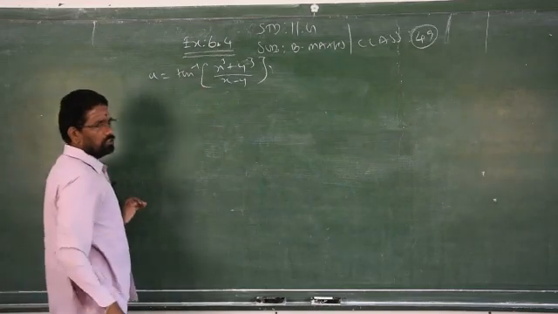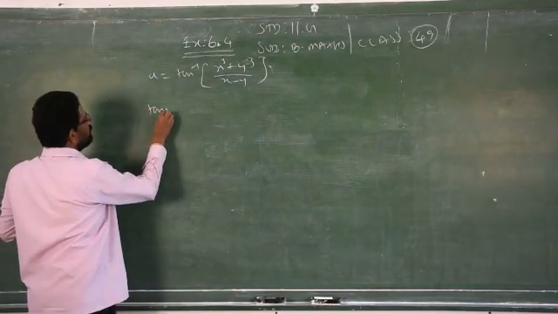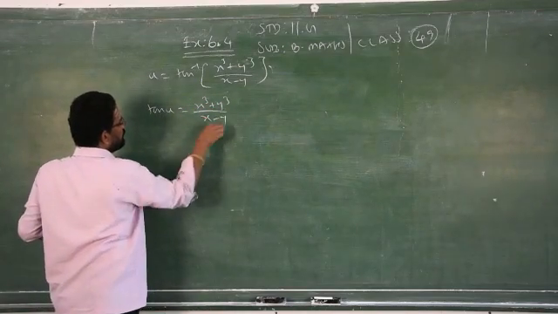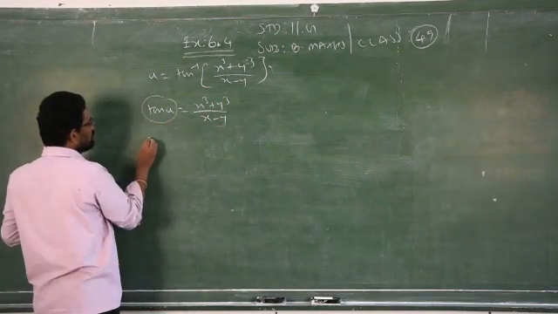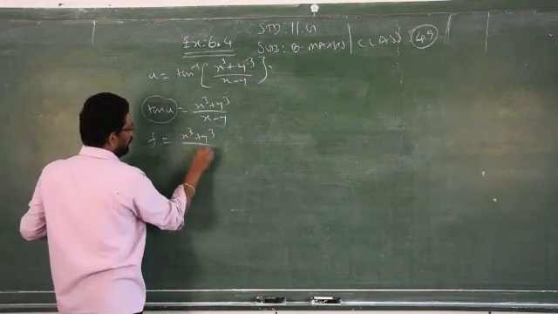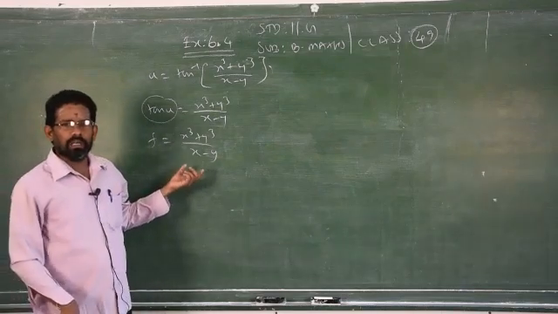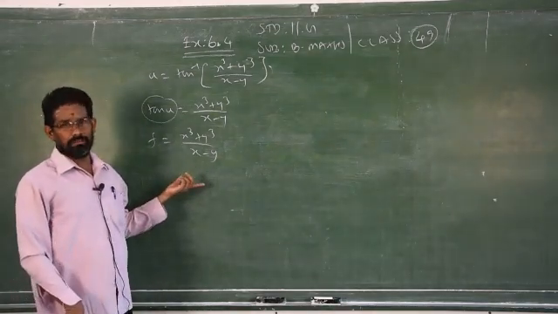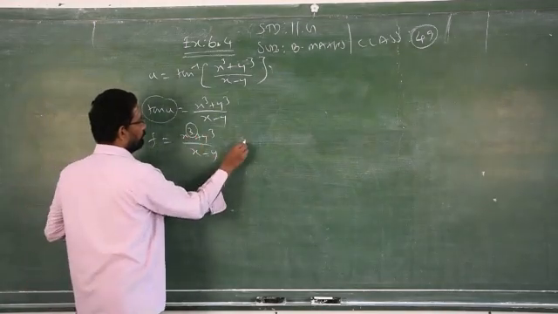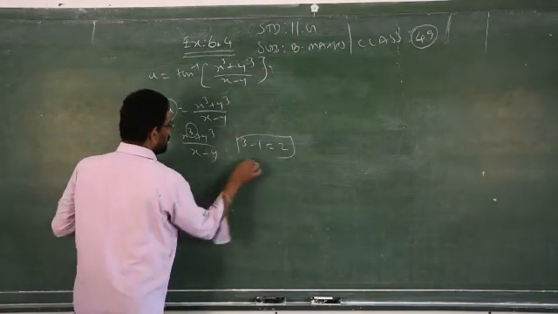This is not a homogeneous equation because it is given as tan inverse. Transfer tan inverse: tan u is equal to (x cube plus y cube) by (x minus y). You consider this tan u as f. f is equal to (x cube plus y cube) by (x minus y). Now you see, this is a homogeneous equation. Very simple. Then how do you find out the degree? What is the power of x here? 3. What is the power of x over here? 1. So 3 minus 1, 2. So degree is how much?